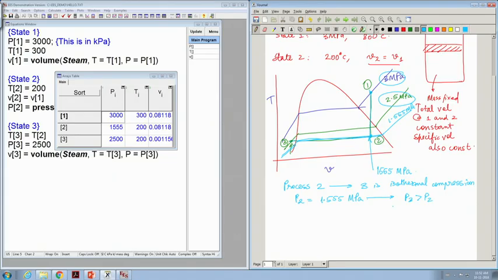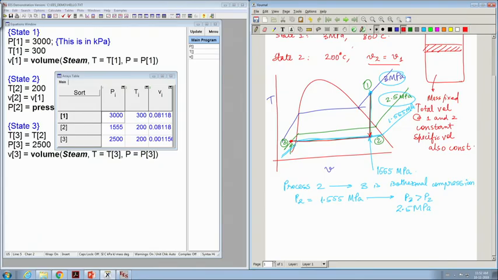So, here P3 was given to us as 2.5 megapascal, and thus P2 had to be lower than 2.5 megapascal, and thus we already, without even actually getting the values, we could estimate that yes, it would start somewhere at point 1, then it would go merrily to some pressure which is lower than 2.5 megapascal, then when it is compressed, it reaches the 2.5 megapascal line,